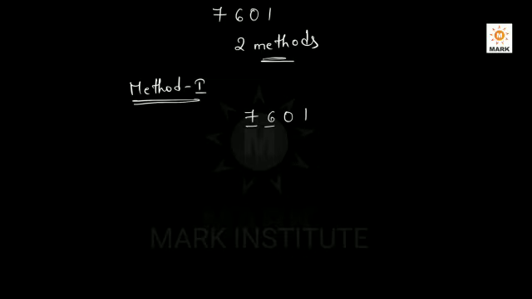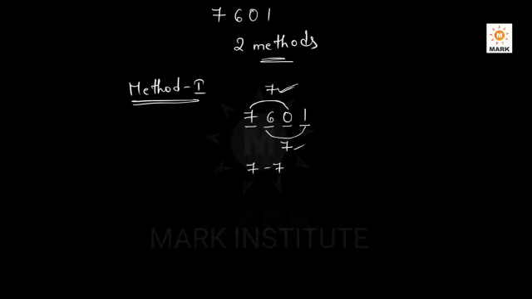There are some numbers in the even places and some numbers in the odd places. Add up all the numbers in the even places and odd places individually. That means 7 plus 0, which is 7. These are the numbers in the odd places, first place and third place. What is the sum of the numbers in the even places? Even places means second position, fourth position, like that. That is also 7. Now take the difference between these two. 7 minus 7 is equal to 0.